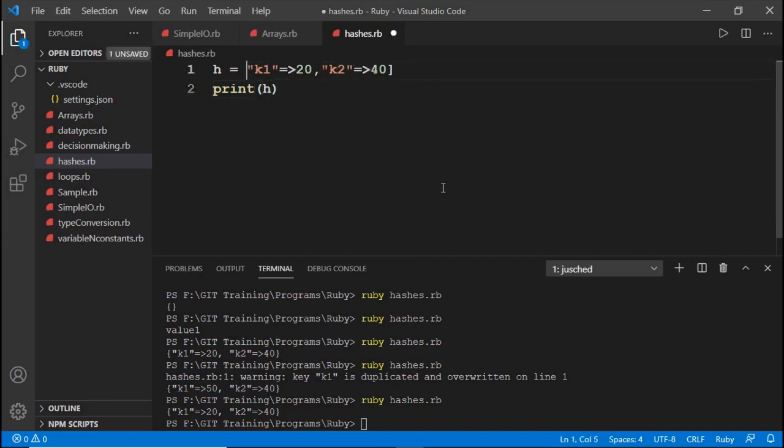In that, the first method is the clear method, which is used to remove all the key and value pairs from the hash. So let me take a simple example with 3 keys, and before calling the clear method I would like to print the hash here, and here I call the clear method, that is hash dot clear. Then after calling the hash dot clear method, just print the hash here.